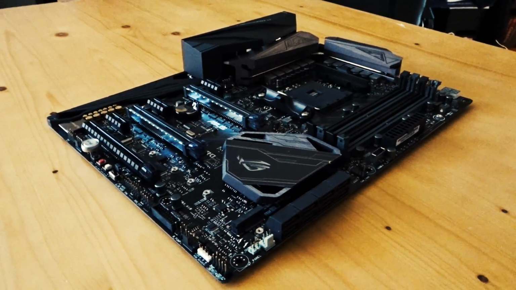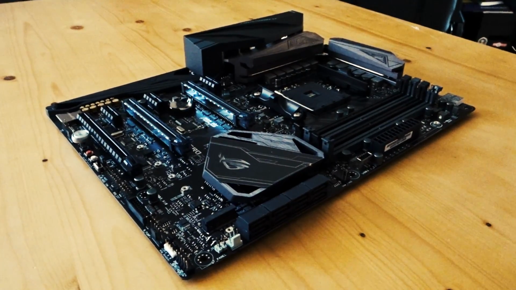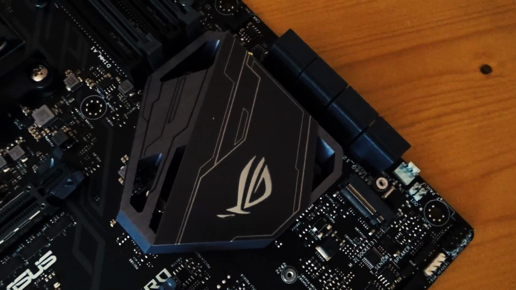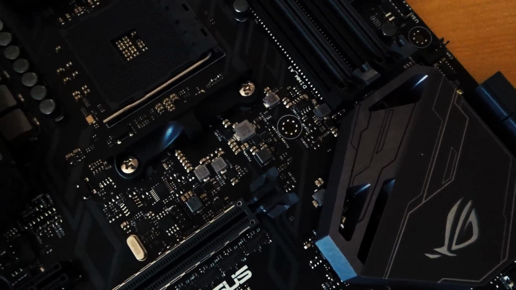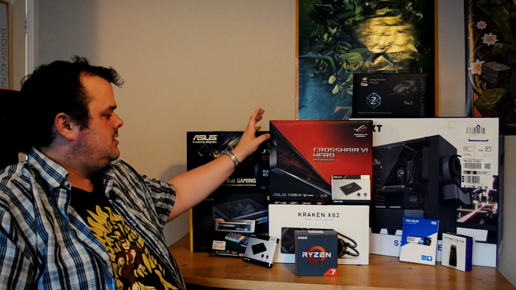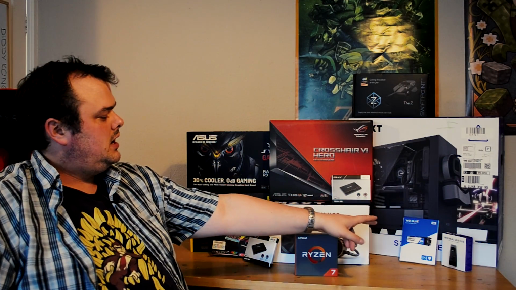We're using the Crosshair 6 Hero. I was about to say Corsair, but it's not. It's the Crosshair 6 motherboard. The motherboard that we're currently using in Artemis is the Crosshair 5. So we've upgraded one motherboard. It's been out for a little bit, but you know,